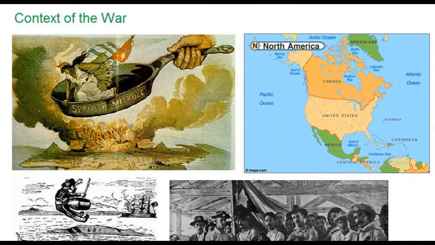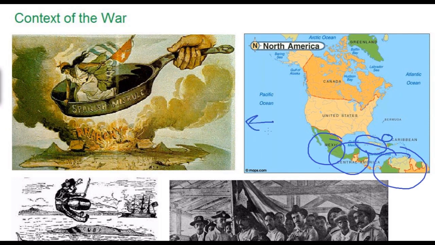To provide just a brief context about the war itself, the war ultimately has to do with Spain's collapsing empire. Spain had lost control of Central and South America during most of the 19th century and only retained a handful of possessions: the island of Cuba, the island of Puerto Rico, and the islands of the Philippines and Guam in the Western Pacific. And the United States was very interested in these territories, especially Cuba, being just 90 miles off the coast of Florida. Spain had lost all these territories as a result of independence movements during this time period.